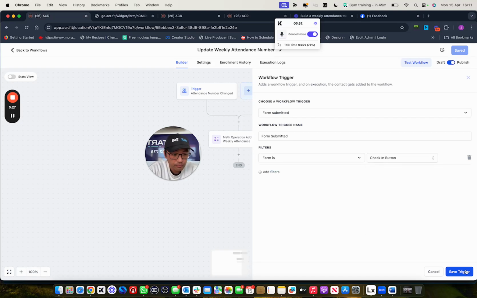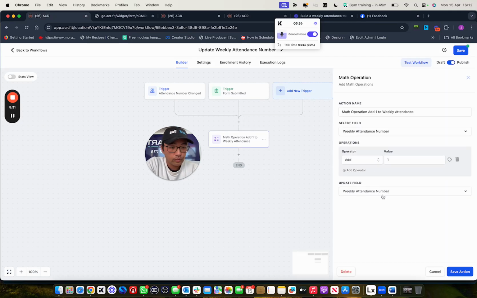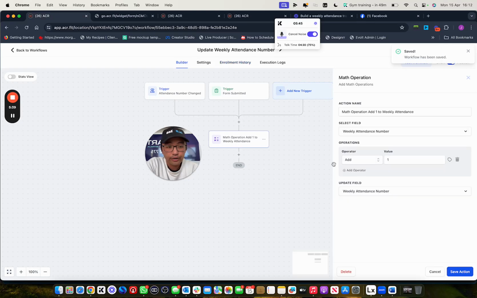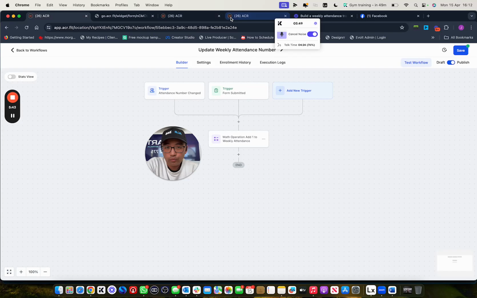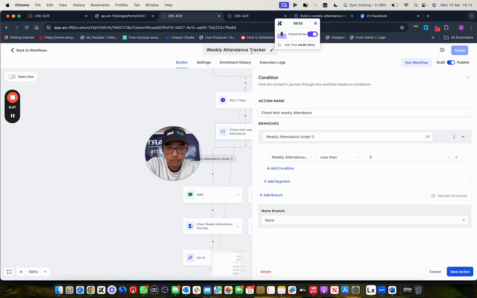Check-in button. Okay, so when the check-in button has been submitted, we're now going to increase the weekly attendance number by 1, right? So that is what we're going to be doing. We're going to make sure that the moment they submit that, every time they check in, we're going to increase our weekly attendance by 1. And at the same time, we are also going to make sure that this other workflow, which is this attendance tracker,